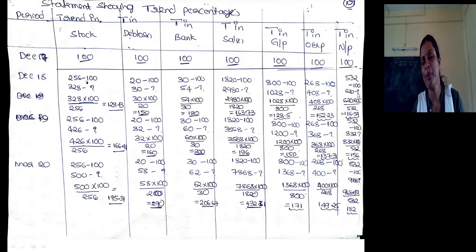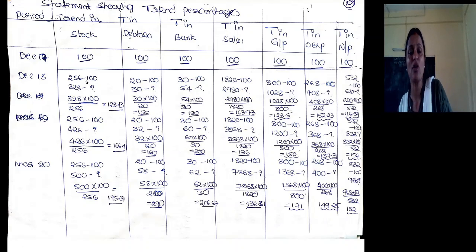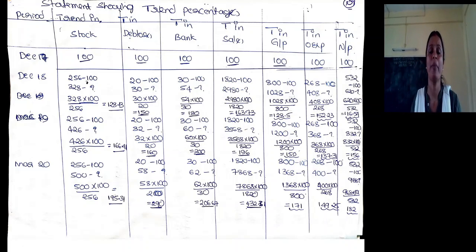So the trend in net profit was 116 during 2018, 156 during 2019, and 182 during 2020. Based on the value or trend percentages of each item, we need to comment on the organization's financial position. Here we can comment on profitability and liquidity. We cannot comment on long-term financial position because we do not have information relating to fixed assets as well as